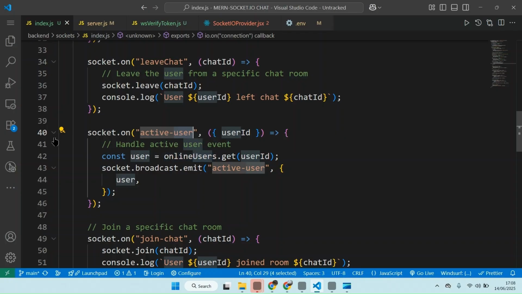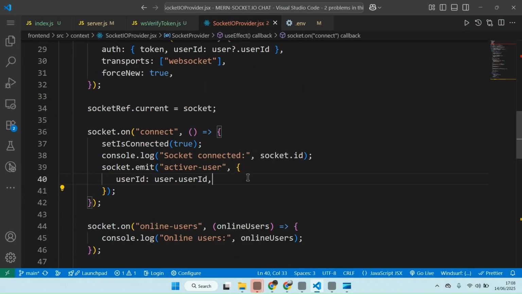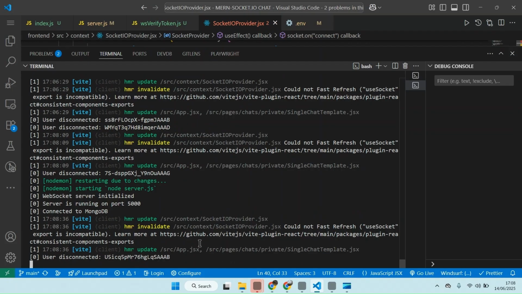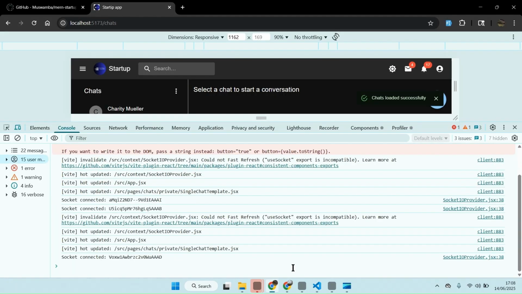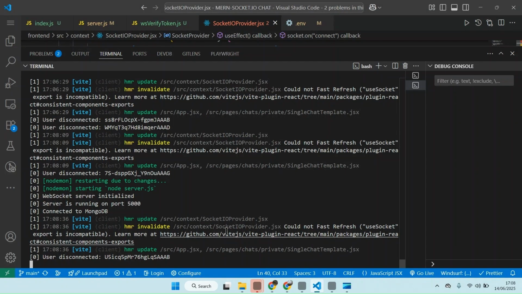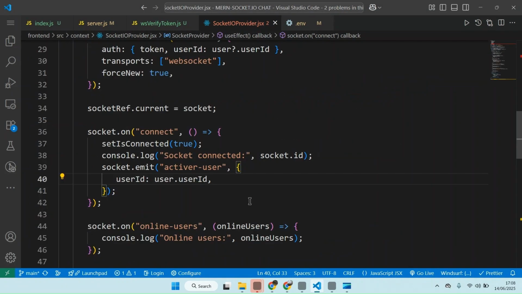So this is the active user. Here now we emit from here. What I'm trying to see here: are you getting any error message? No. So if you save that, you are not getting any error. So we want to emit this active user, but